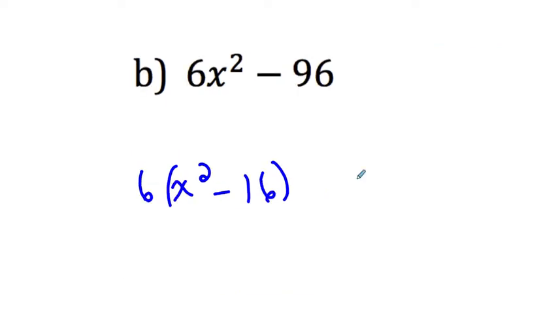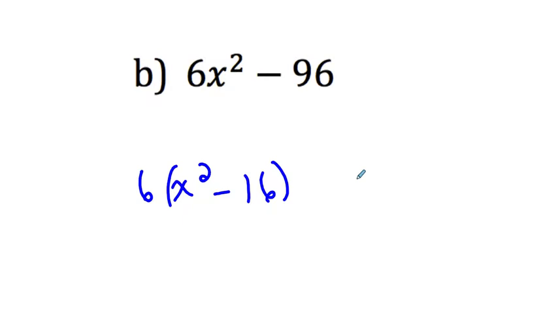I already have the GCF factored out here for you, but if we look at this, we say, all right, it's a difference. I have a minus. I have two terms, but are they perfect squares? No. No number times itself will give you 6. Talking about real numbers, we can get into irrational numbers, but no real number, this is 2 times 3, and no number times itself will give you 96. So that means we had to factor something out. So I factored a 6 out. So 6x squared, if I divide a 6 out, I'm left with x squared, and then minus 96 divided by